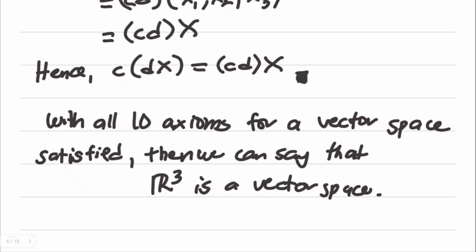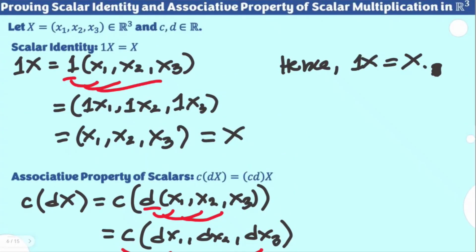So we have proven now 10 axioms. We started with the closure property of vector addition and closure property for scalar multiplication. So we had that in one video. Another video talks about commutativity and associativity of vector addition. We also have the existence of additive identity and additive inverses. And then the previous video before this one, we talked about the distributive properties. First is the distributive property of a scalar over vector addition. And the other one is the distributive property of a vector over the sum of two scalars. And again, scalar identity and the associative property for scalars are already proven. Hence, R3 is really a vector space.